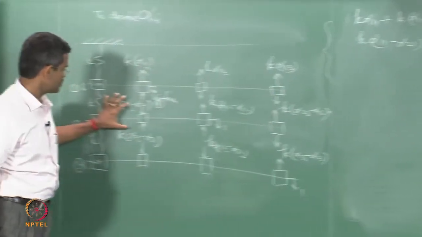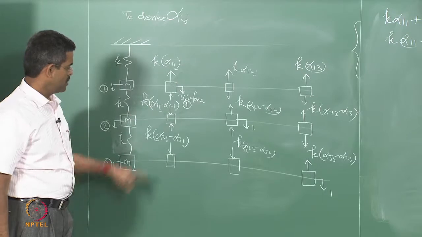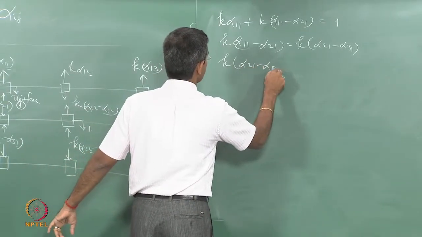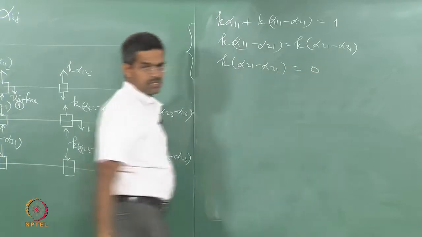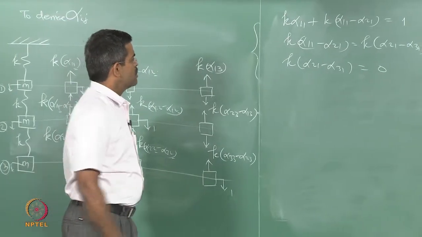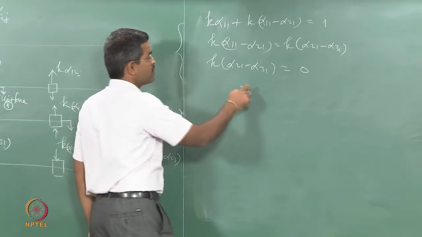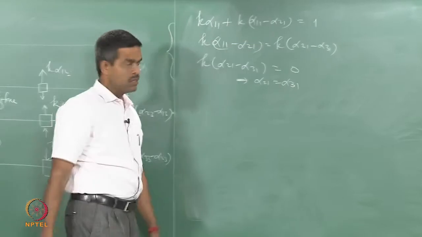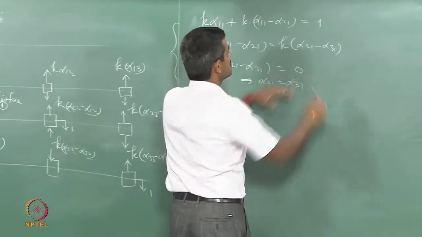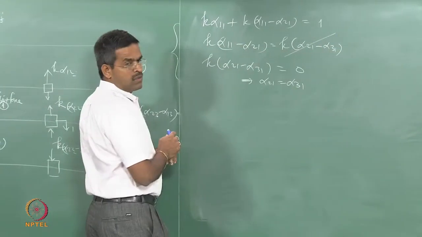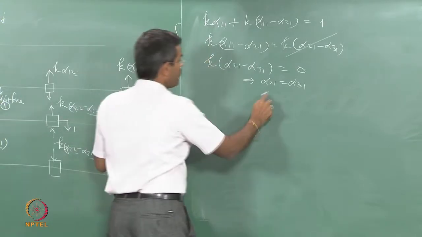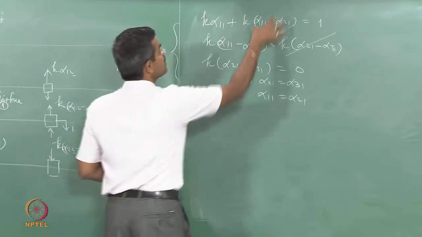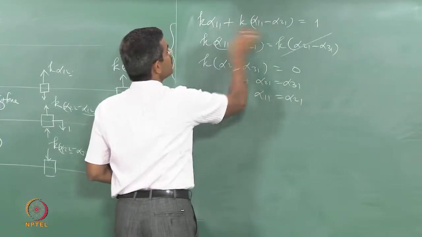These two, they are opposite, and here k of alpha 2 1 minus 3 1 should be set to 0 because there is no other force. So, k cannot be 0, therefore, this is 0. This implies that alpha 2 1 will be equal to alpha 3 1. Substitute that back here, this term goes 0, which means k cannot become 0, therefore, alpha 1 1 will be equal to alpha 2 1. Substitute this term here, this term goes 0, alpha 1 1 will be 1 by k.